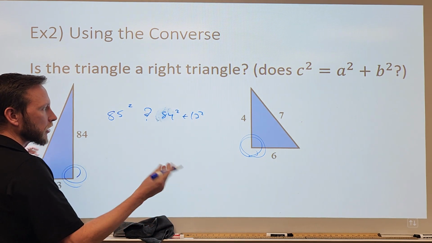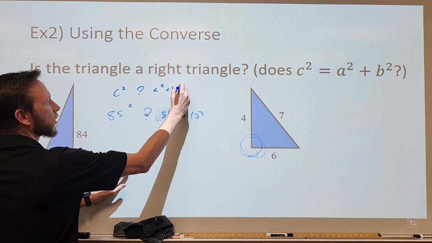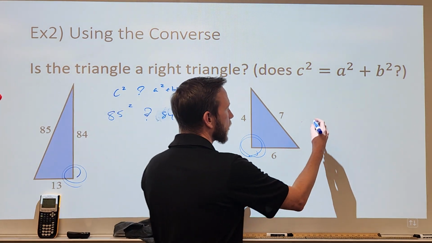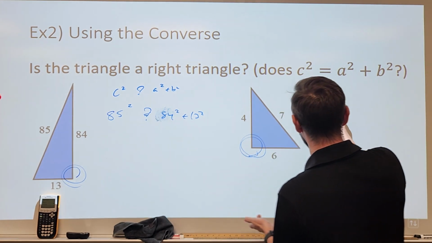So this is going to require a little bit of work. Does c squared equal a squared plus b squared? All right, do we know that that's the case? And you can check that using the calculator. If the answer is yes, they're equal to each other, then yes, it's a right triangle. If they do not,